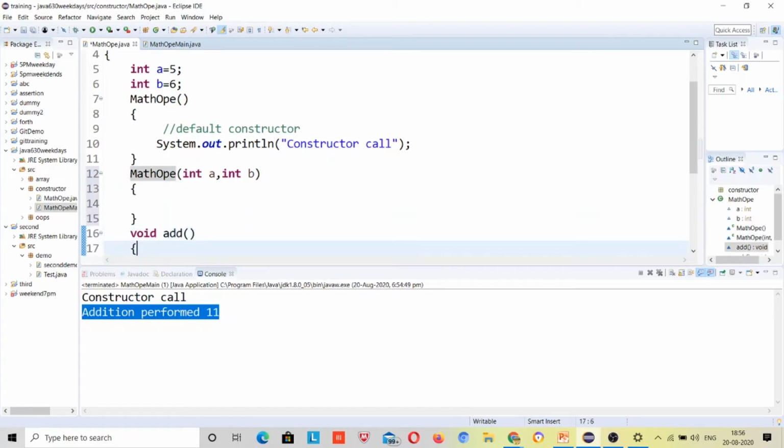This is another constructor. This is constructor overloading. When I have multiple constructors inside a class, it is termed constructor overloading.